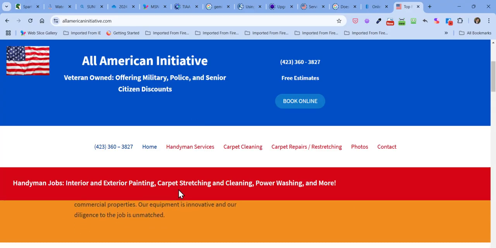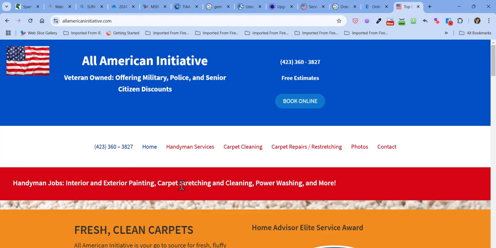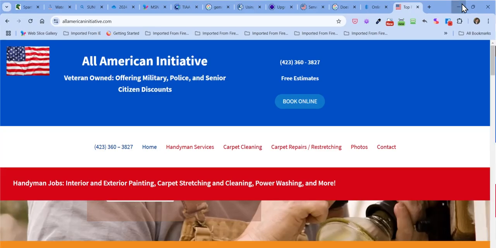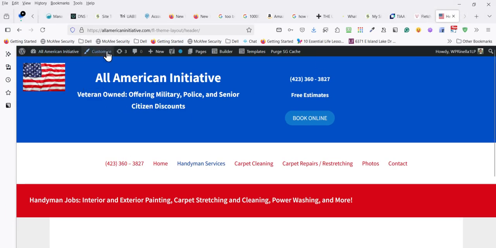I don't know exactly what's happening, why that's not working, but if they have a widget or someplace I should put it. I know the other thing I was going to show you. So let me shrink this down. Let me go back here, where I also, to apply the code, if I go to the customizer here,